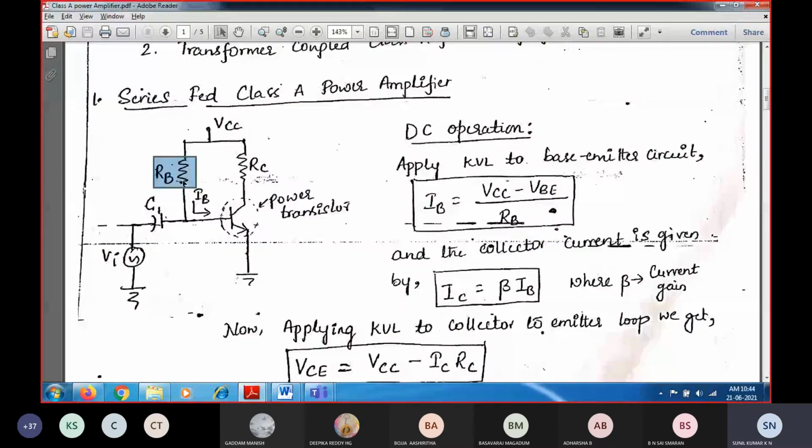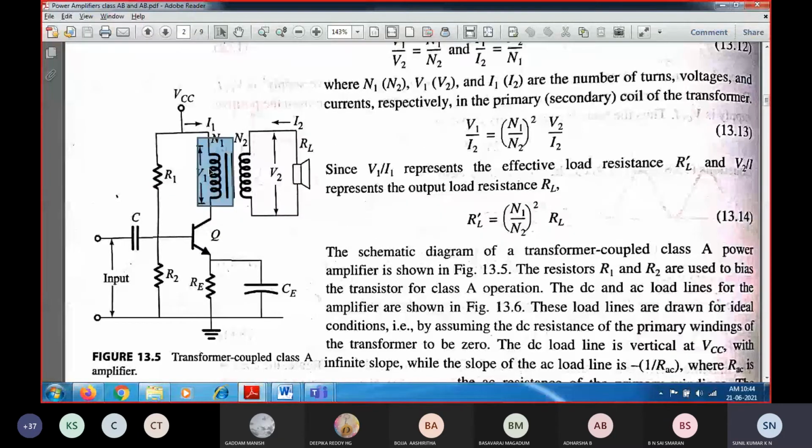So whenever we are going to consider the load resistance, it will be in terms of ohms, right? Whereas in the previous circuit, the RC coupled amplifier, if I employ a collector resistance as a load resistance, it will be in terms of kilo ohms, right? So if we are going to drive another audio amplifier output, whose resistance will be very much lesser, it will be in terms of ohms.